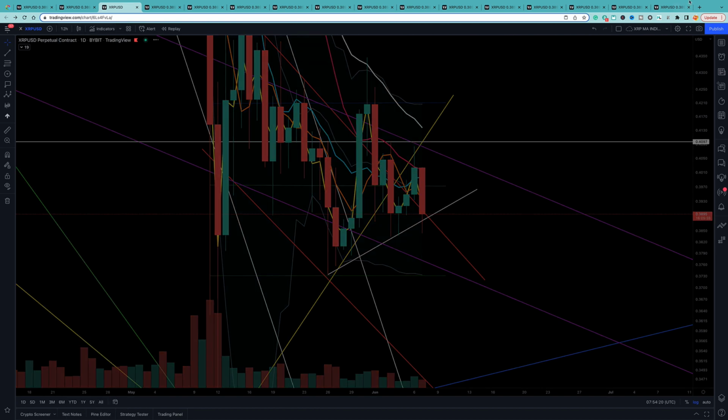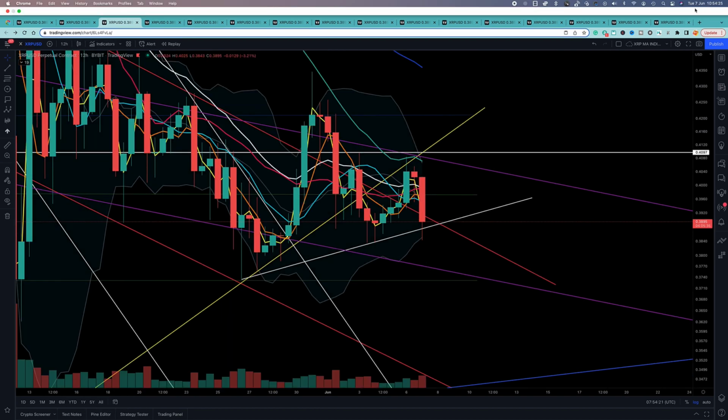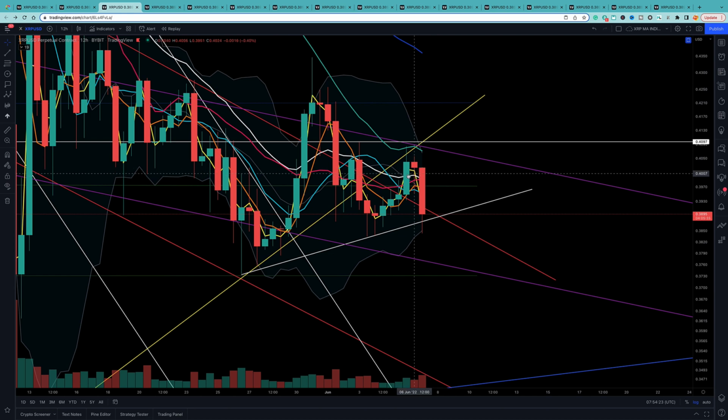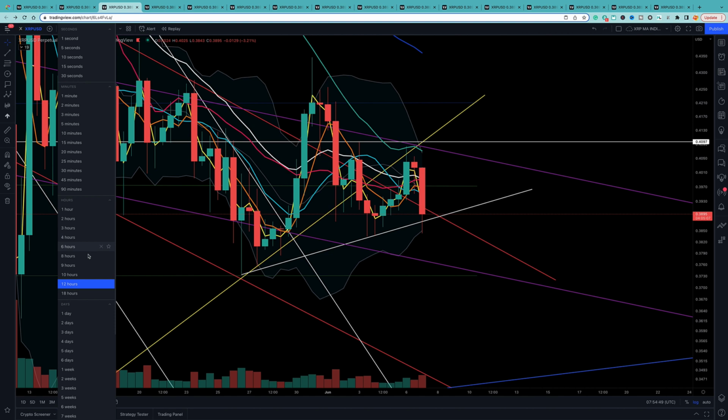Is the 12 hour going to change in 4 hours? So you can see the 20 EMA, the white line here. There's the VWAP. The pink is the 20 EMA, orange is the 5, the 10 MA is the blue. Again, still all downward, but it will be interesting to see what happens when this turns. When this turns, are we going to get a green? If we get a green, it's going to come up even higher, and it could start to potentially turn some